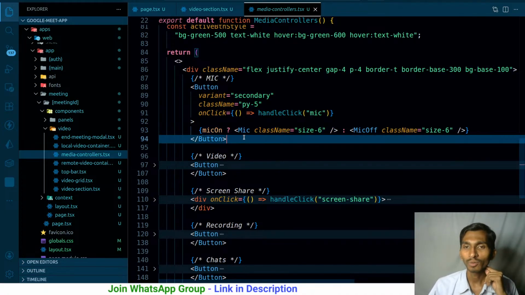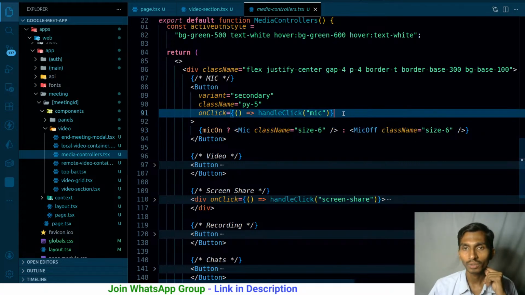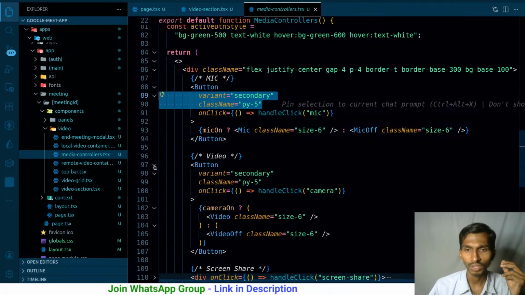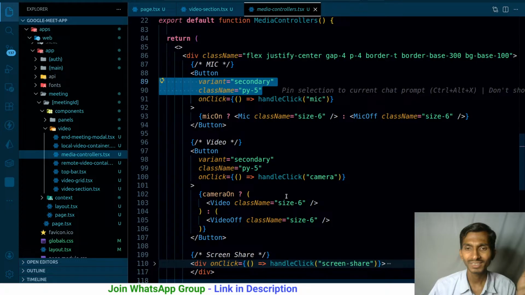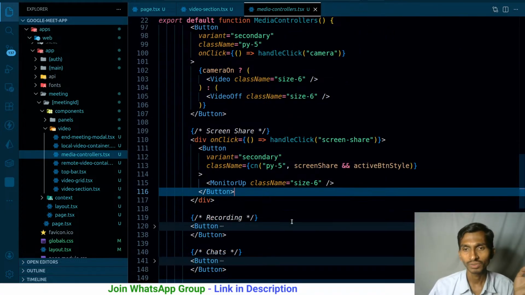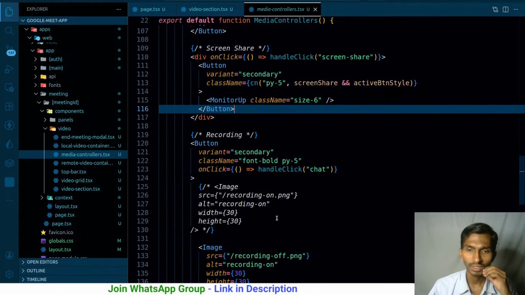Because even if I create a component, I will have to pass the icon over there, right? Won't I have to? I'll have to pass the on click value. The only thing is that variant and the secondary class name is gonna be the same. Remaining things I will have to pass from my side. So more or less it's gonna be the same. So even if I have them like this, that does make sense. I mean, keeping them in a separate component doesn't make any difference.